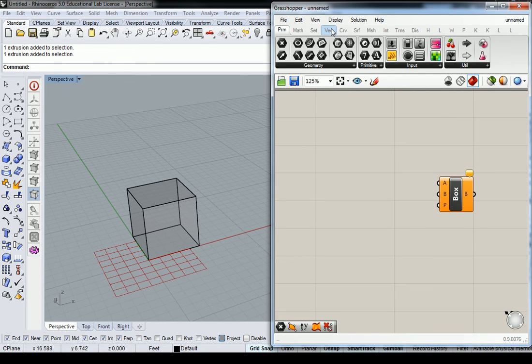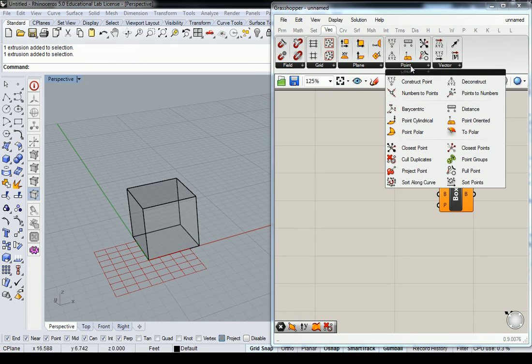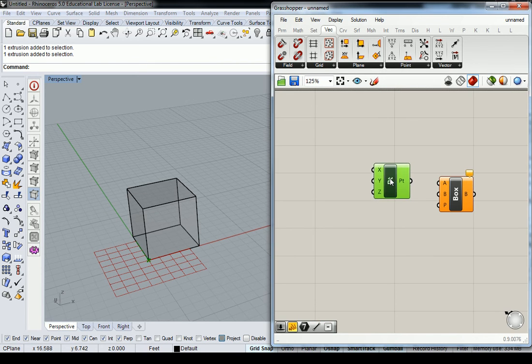So if I go to the Vector tab and the Point panel, we can use this tool that's called Construct Point. Now when you drop it into the space,